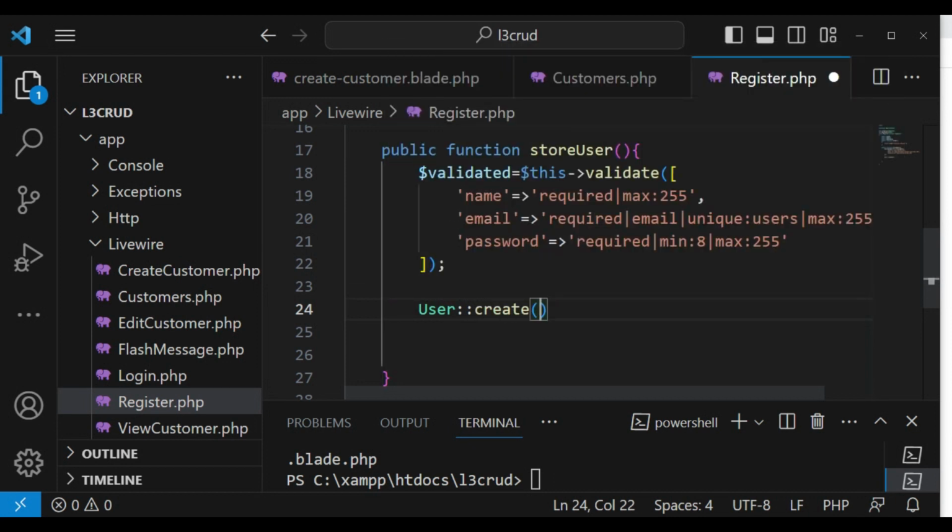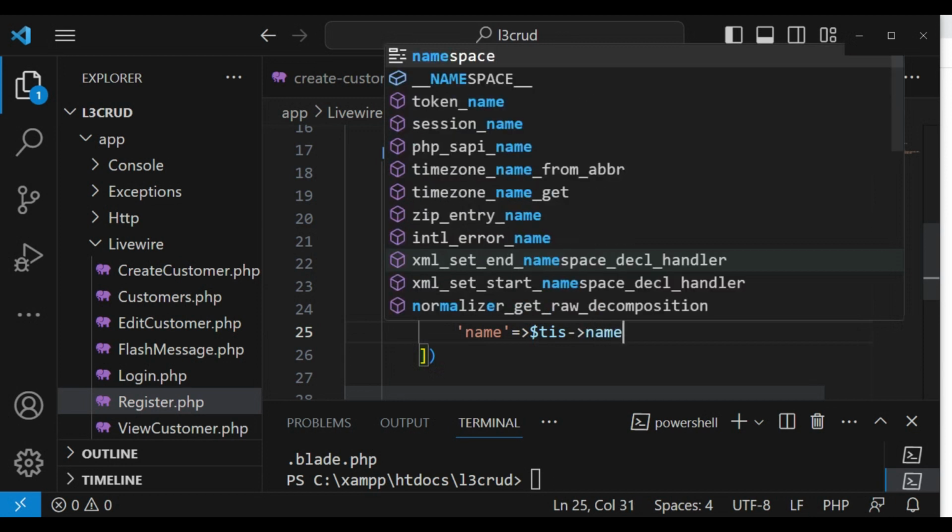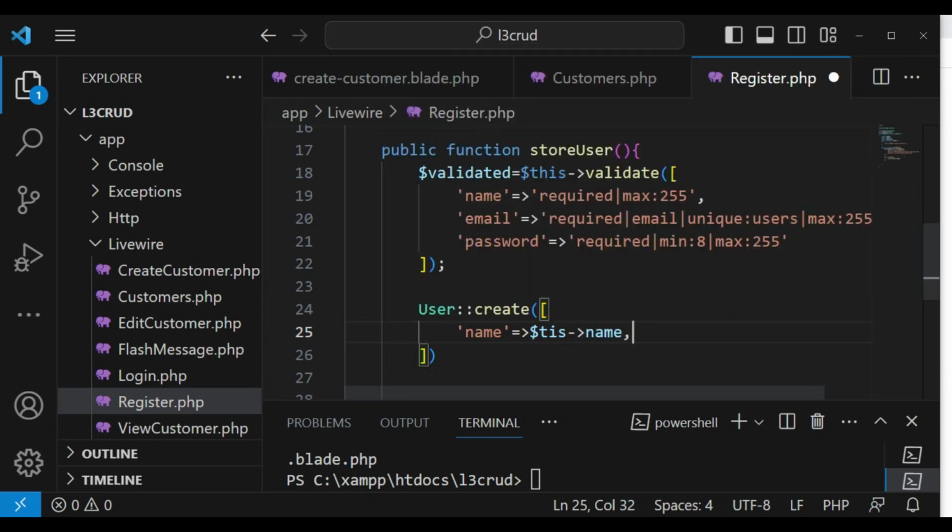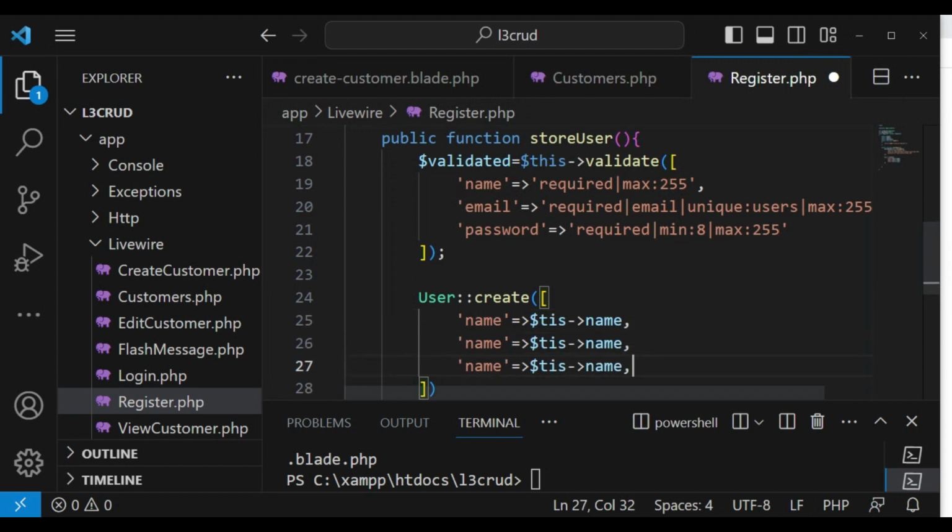and then we can now pass in, I would have said validated, but remember for the password we have to hash it before we save it in the database. So that's the reason why I have to just work with each one of them individually, or else I could just modify the password only and save. So we can just say that the name value will be whatever it is that has been set in this name, and then of course I want to copy the others. So we have email and we have password,